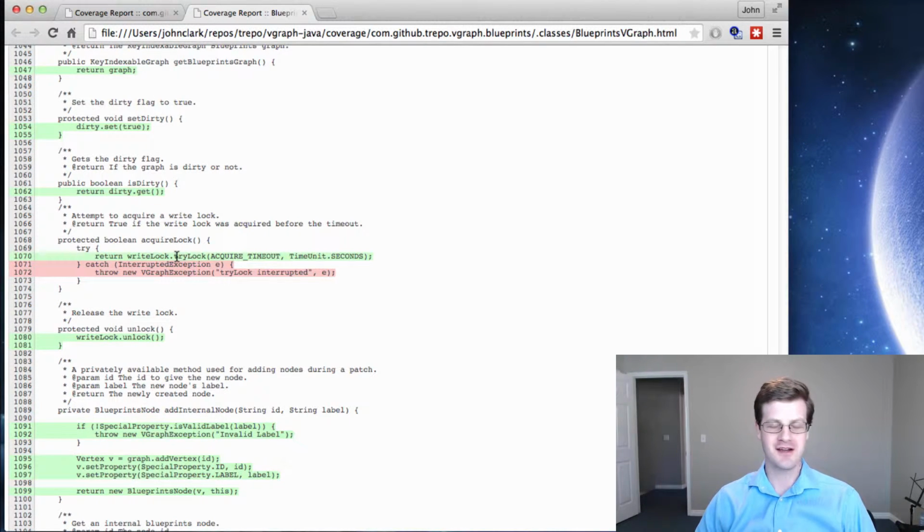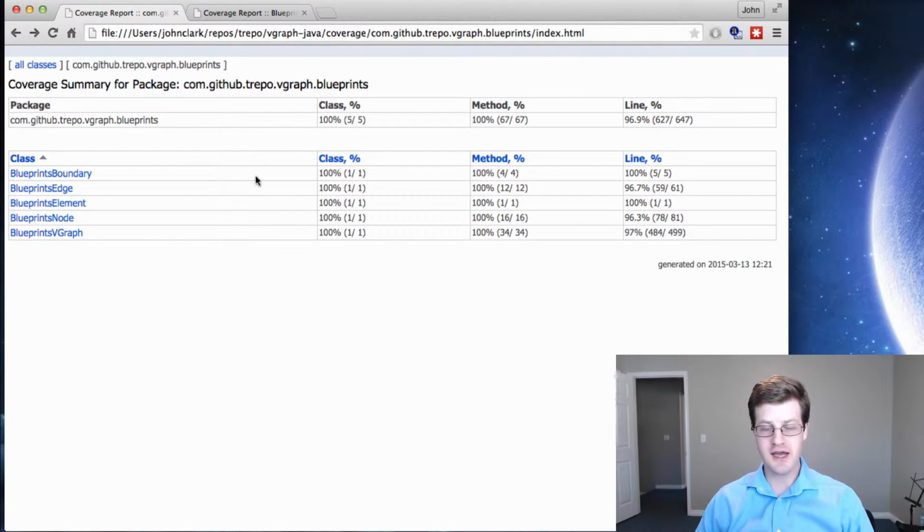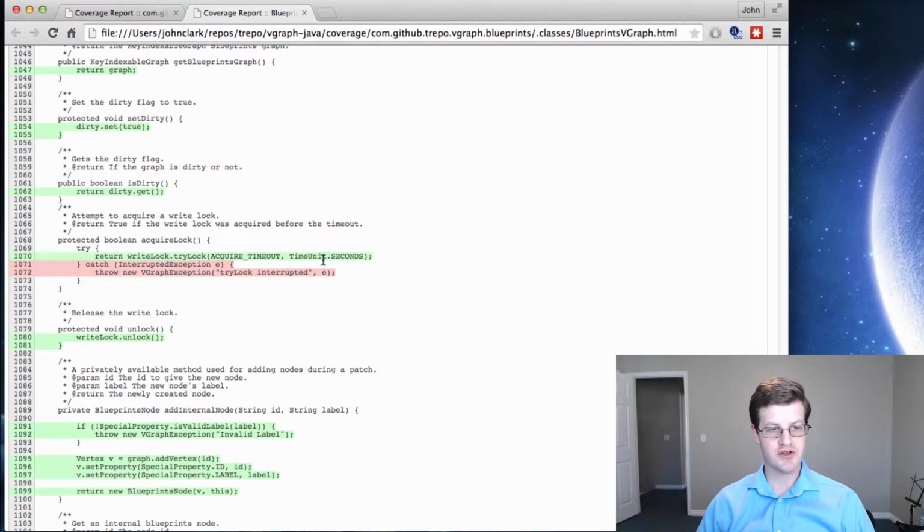I'm not going to try to, the conversation would be 10 minutes to try to explain exactly how write locks work and are acquired and why you use this versus synchronized for what we're doing for vGraph. But needless to say, it's really tricky to test this because it's thread specific, or you essentially have to have two different threads, and you have to do some blocking, or you have to acquire the lock, or do a double acquire. I still haven't quite figured out how to test this well,